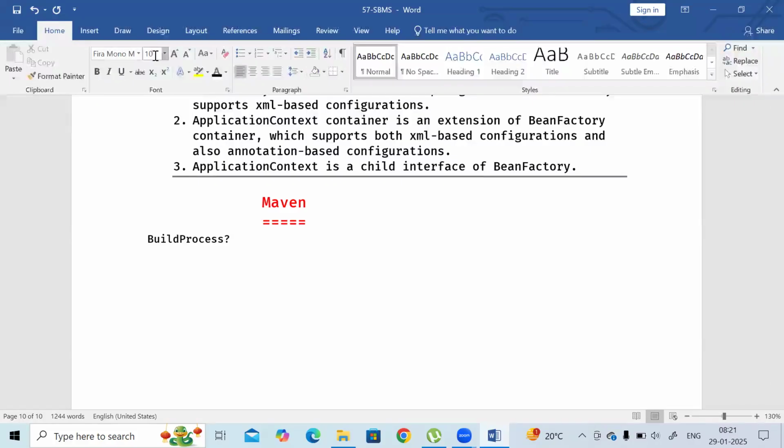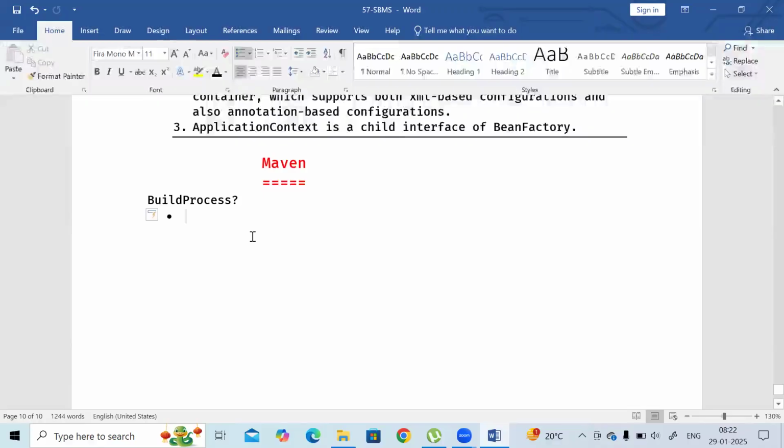We want to understand what is called the build process. Right. Now we need to understand about what is called the build process. What is build process? Build process means what? I'm just keeping a question mark. What is build process? Build process means